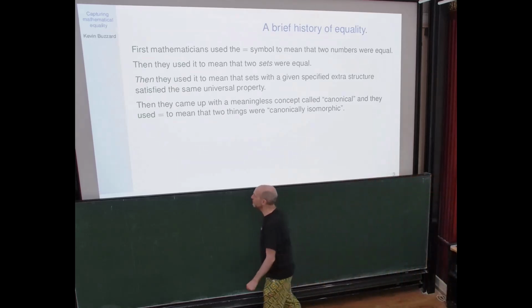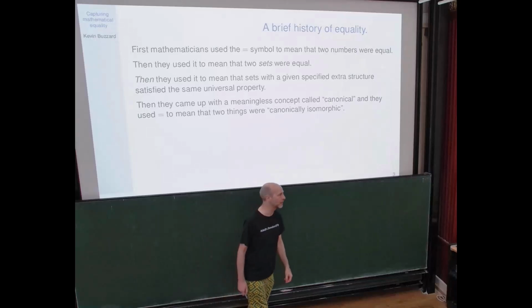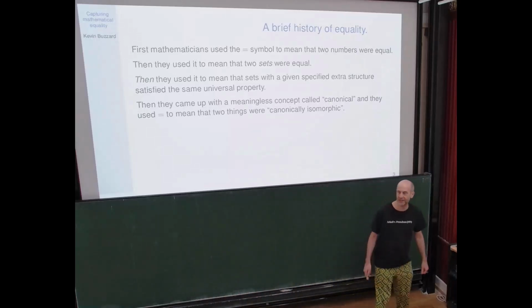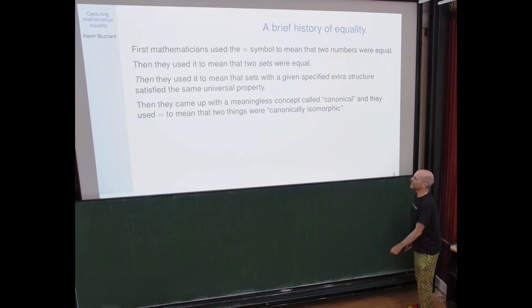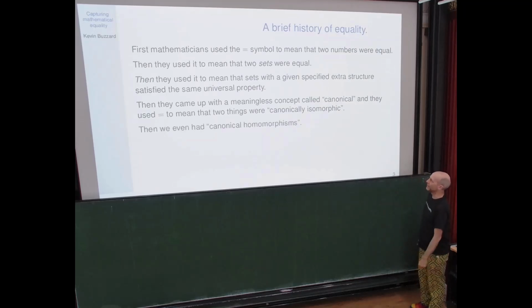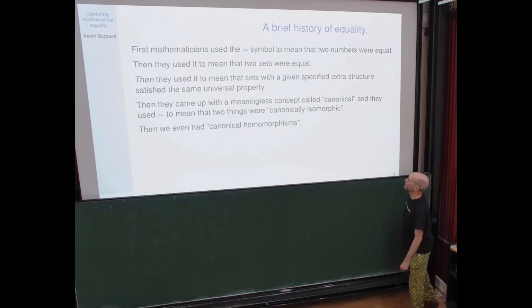Even in papers not written by people who don't know what they're talking about. This is a word that permeates the literature nowadays. I'll give you some examples of why I think this might have happened, and then we move on from canonical isomorphisms to canonical homomorphisms,